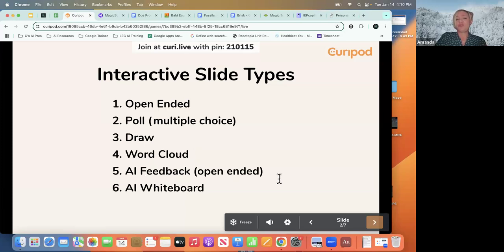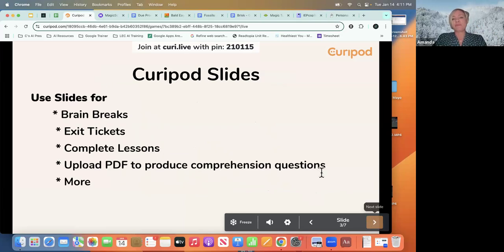And then you can choose to have AI give your students feedback on their open-ended question, as well as an AI whiteboard, which works just like the draw feature, except AI can give students feedback on their drawings. These are really great for those quick needs: I need a brain break activity, I need an exit ticket, I need a bell ringer. But it also will produce complete lessons for you based on the prompts that you give it. Or you can upload a PDF, for example,